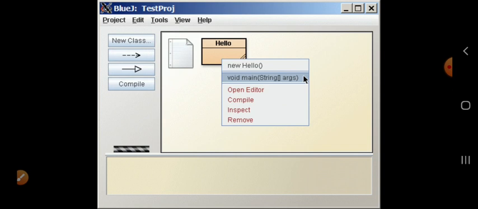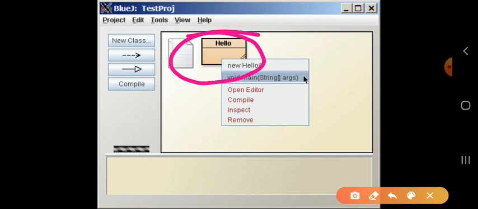After that, you have to right click on it with your mouse, and there you will get these options. First, the name new hello, then void main.